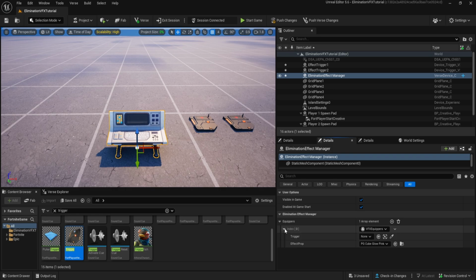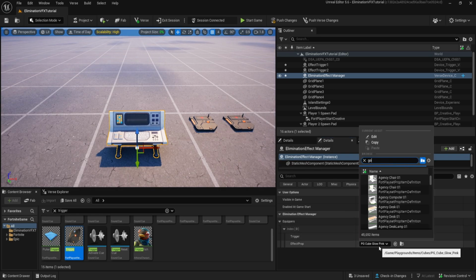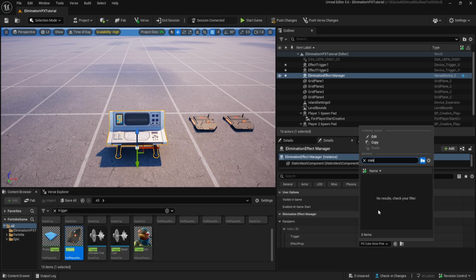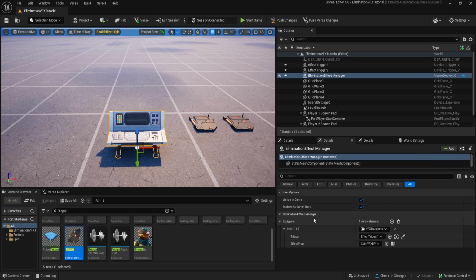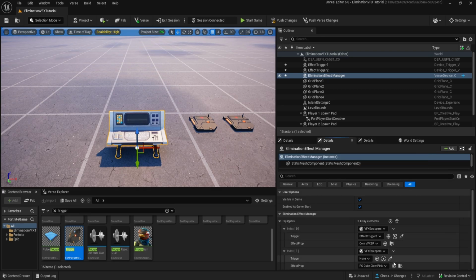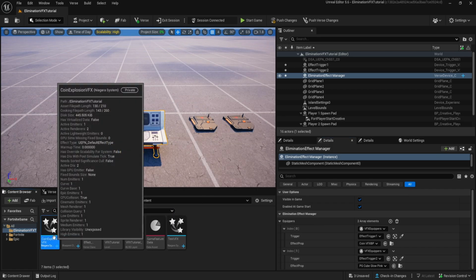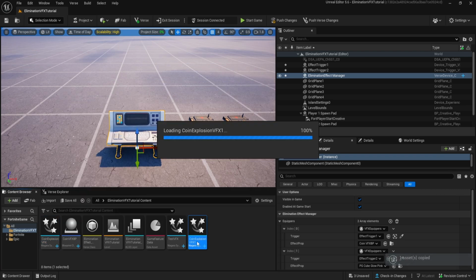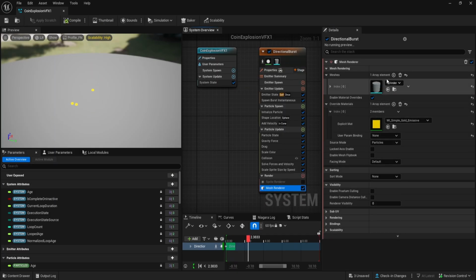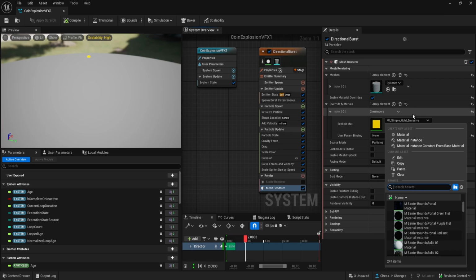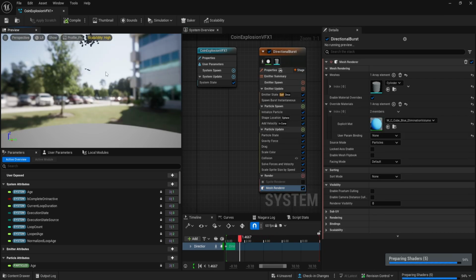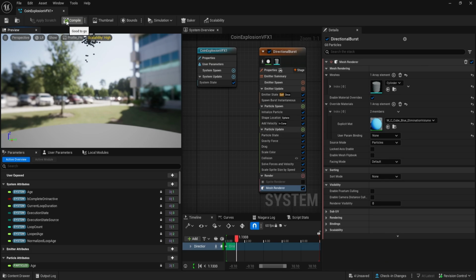Now I'm going to go back into my equippers and select this trigger, and then select my gold or my coin VFX blueprint. Then I'm going to create a second equipper, select this trigger again, and I'm going to create a new VFX really quickly by duplicating my existing one, and then going in here to the mesh renderer and just changing the color. I'll make this one blue, wait for this to load for a second, then hit compile